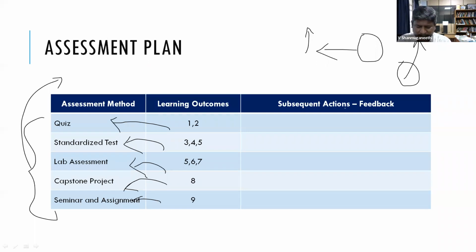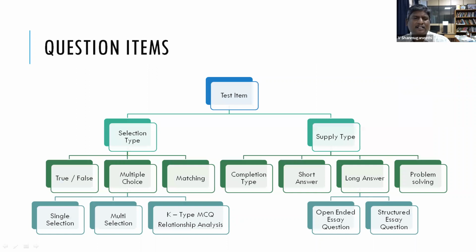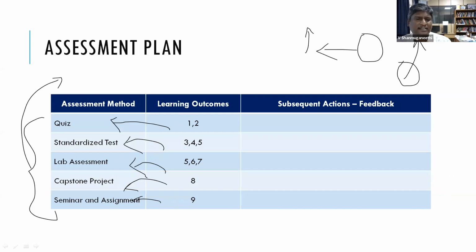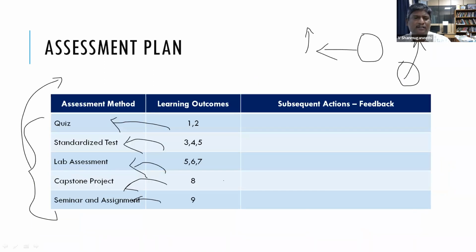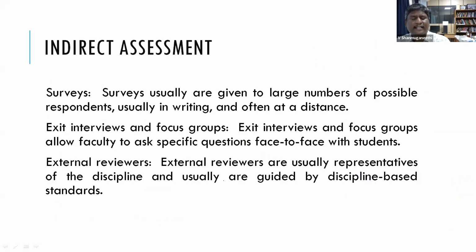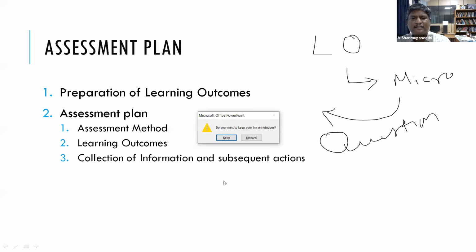So by identifying the assessment method and what outcome I can achieve, you can get the proper achievement score of the individual. Actually, we could go into detail on the different kinds of items, but considering the time, since for each assessment method you have to set a different type of question, and which type of question you want to set would keep going on. But let me stop here. How you can select the assessment method and how you have to make use of the examination reforms component by setting the question paper.